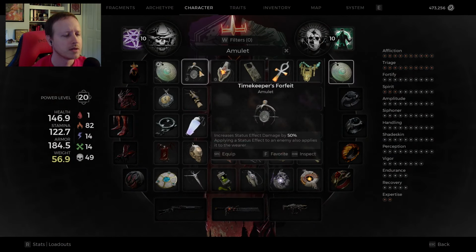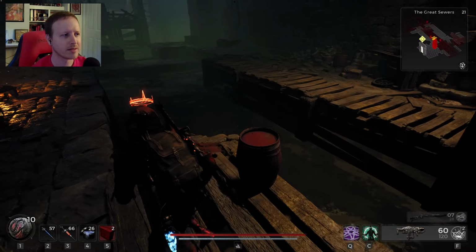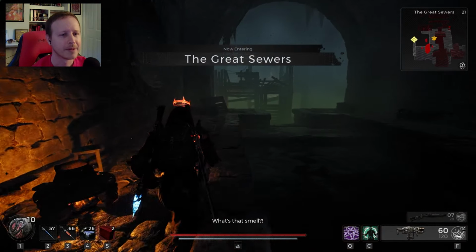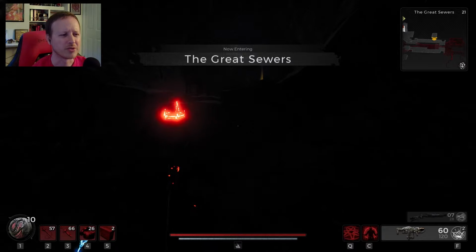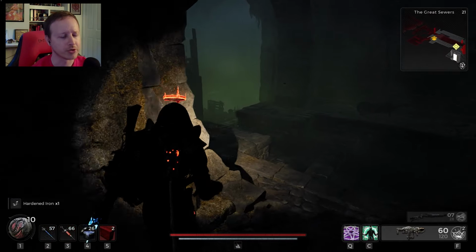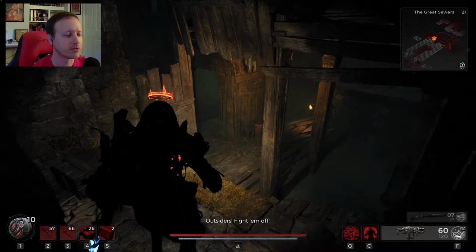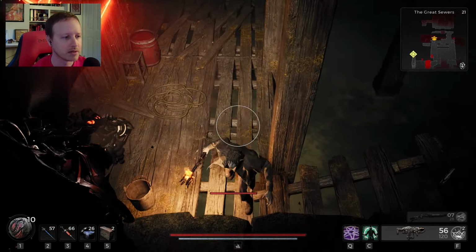Whatchamacallit? Timekeeper's Forfeit, but I think I'm just going to do a whole separate video about that, because there's a lot of things about that one where I'm like, I don't know. It's iffy. But this setup, using the slow with that wired inhibitor, is fun. It's relatively easy to pull off because all you need is that ring and status effects, and then you're golden,